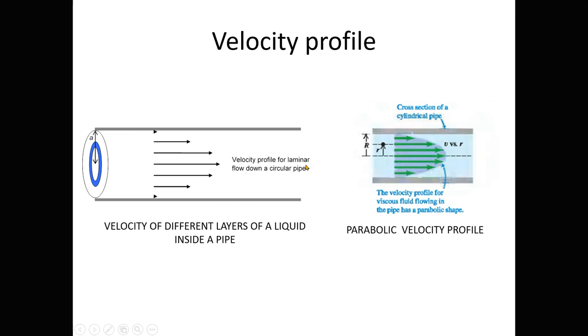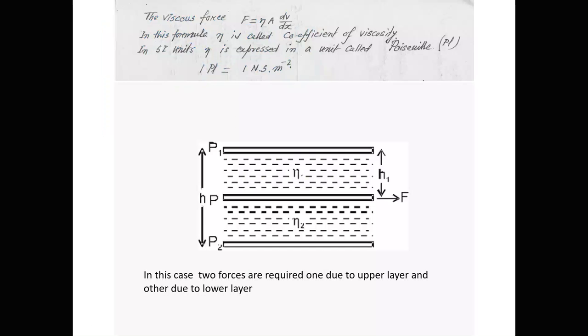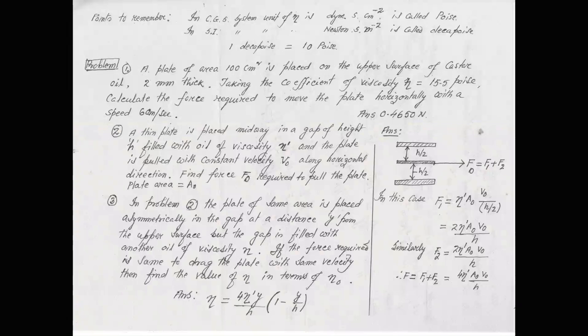Now we go to the original problem. So this is the original problem. The distance between two extremities is equal to h. So this part is equal to h by 2. This part is equal to h by 2. Already we have discussed,